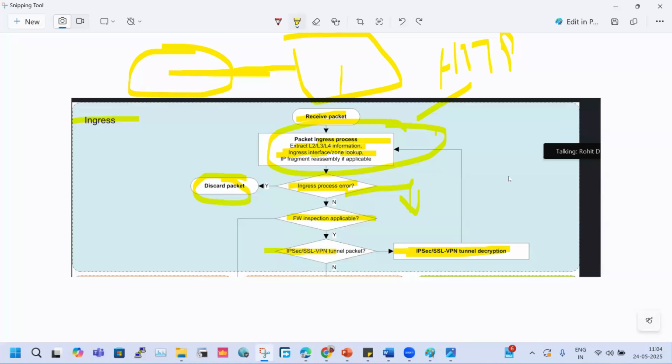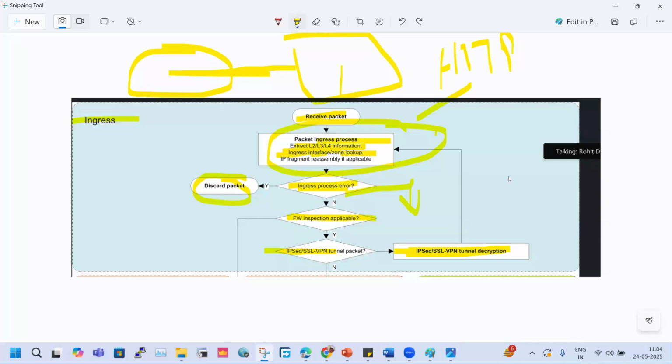Suppose some external user accesses the web server which is installed in the DMZ. At that time the packet is either plain text or HTTPS/SSL. It depends how you are hosting your server, right? If you are encrypting it with SSL, then it will be encrypted traffic, and if it is plain text, that will depend on you. But if the user is connected by an IPsec tunnel, the remote access VPN or some VPN, then it will be encrypted.